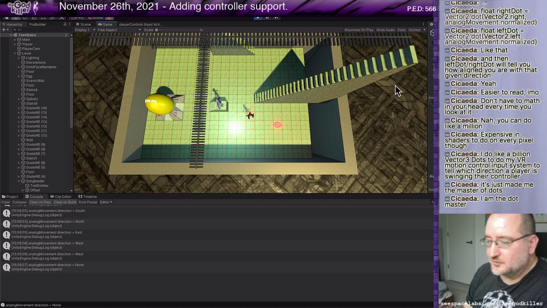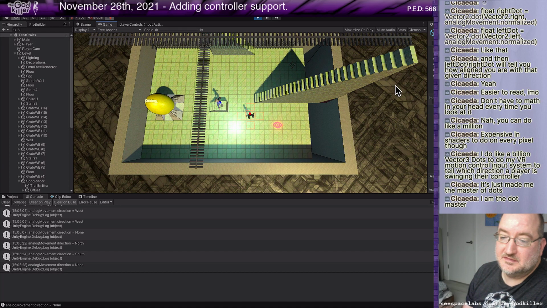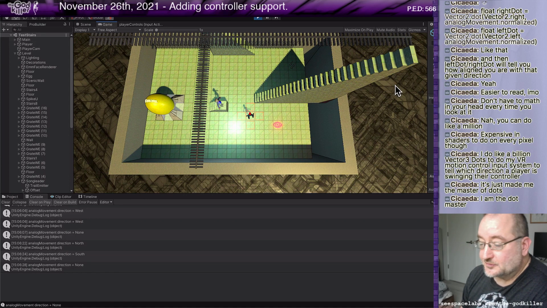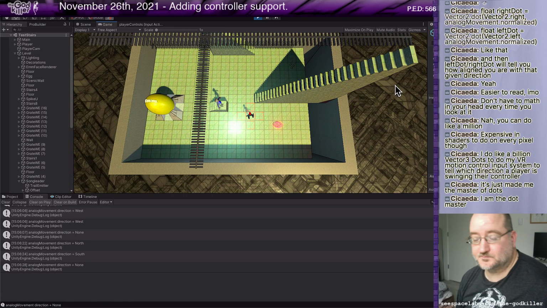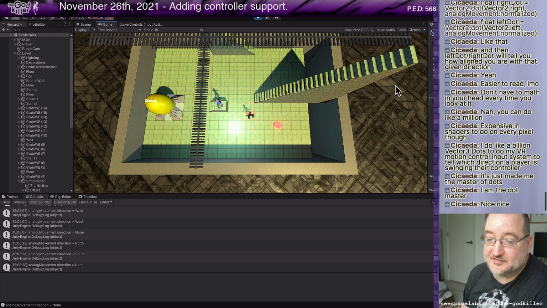It's cool. So if I just, without trying to get a specific angle, if I just kind of instinctively go north, it shows north. South, it shows south. If I go a little bit sloppy, none. Okay, I've got a dead zone. I mean, it can be tweaked as I go, but it seems correct to me. The algorithm functions as intended.